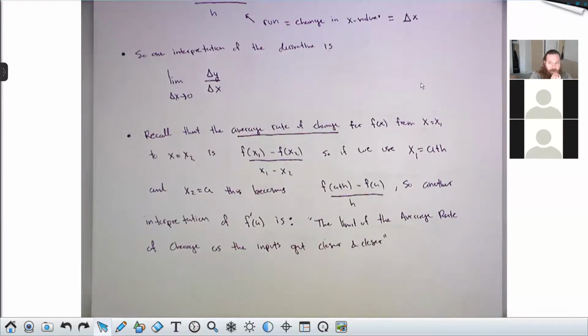Now, an average is like what happens over some time, right? Like how far did you go divided by how long did it take you? That's your average speed. But if I want to know how fast am I going right at this moment, right at any one instant in time, that's different than the average. That would be called instantaneous. And the way you sort that out is as a derivative, because the limit of the average rate of change